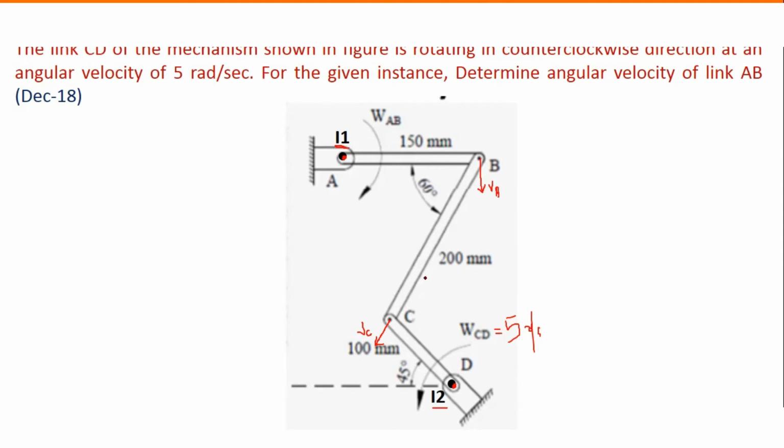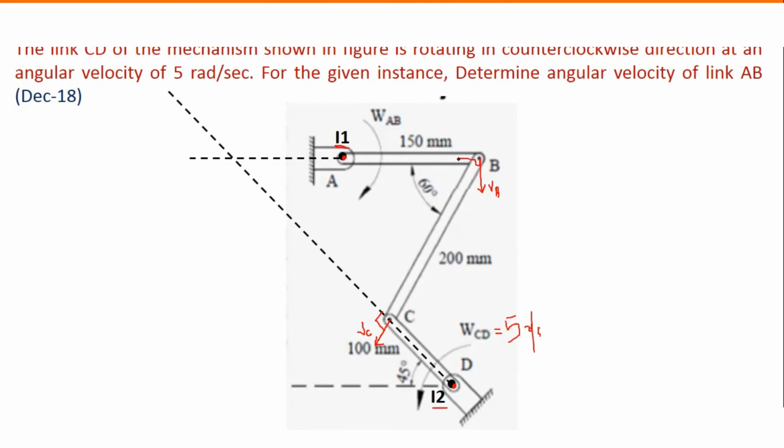Now what is the criteria? The criteria is to draw perpendiculars to the velocities. One perpendicular here, so this is perpendicular to the velocity at C, and one perpendicular here. So this time if you can see, it is perpendicular to the velocity. So this I got by the conceptual method.